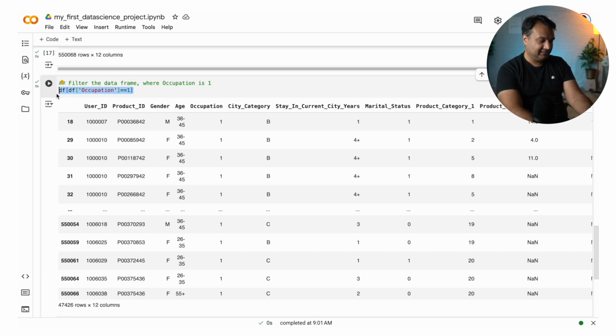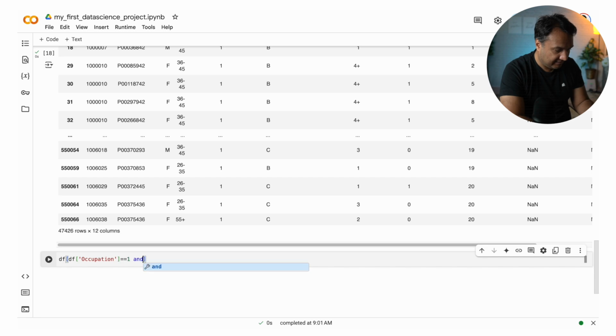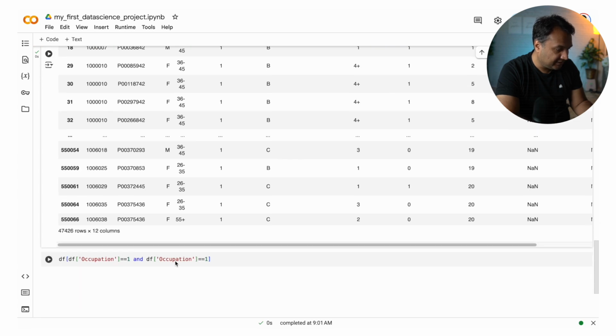So let me copy this. Here I've already defined occupation is 1. I can just copy the same condition and I'll say and, then copy again, but this time I'm saying marital status should be 0.